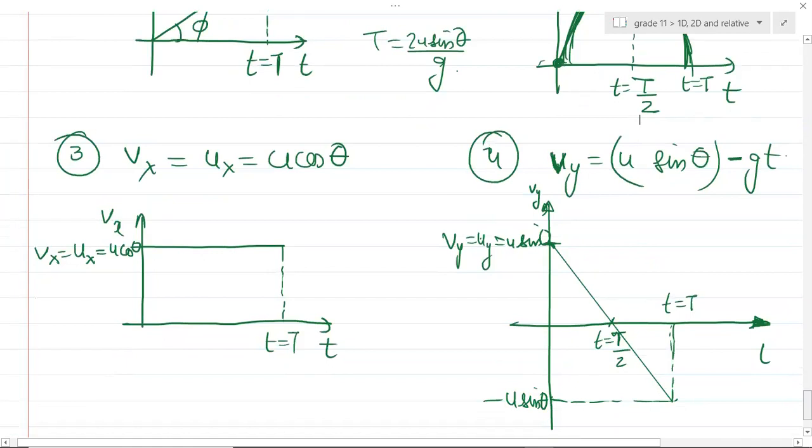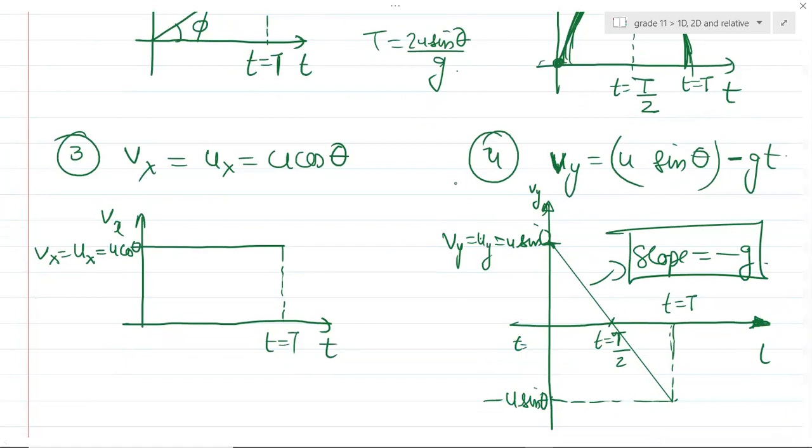So these are your graphs. Please remember the slope of this graph will be equal to minus g. Why will it be minus g? Because can you see the acceleration was in the negative direction throughout the motion, right? So that's why the slope is constant. The line is still coming down. So these are your third and fourth, and the last, not least.